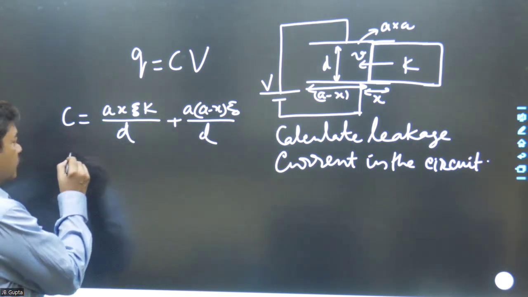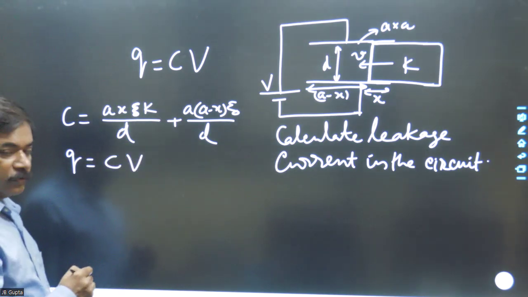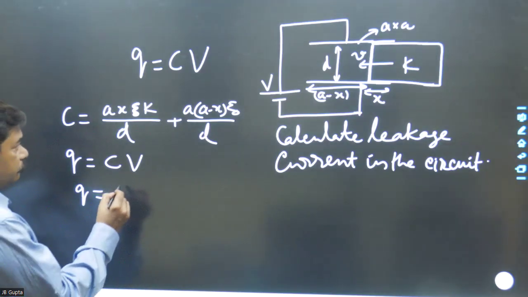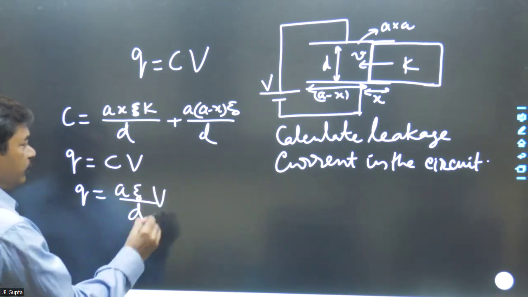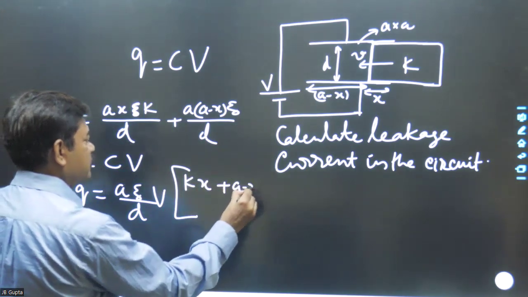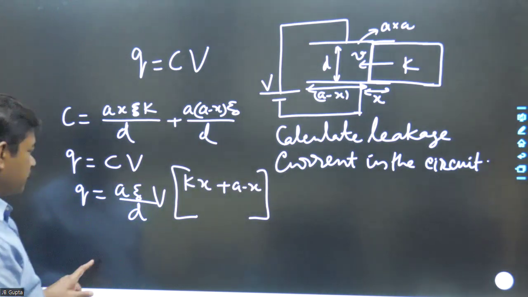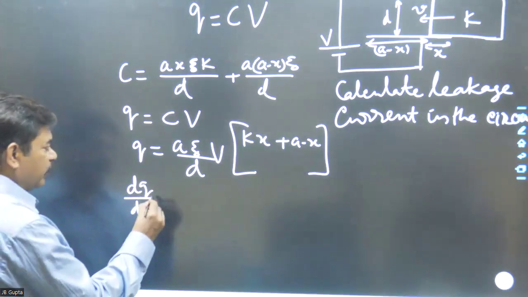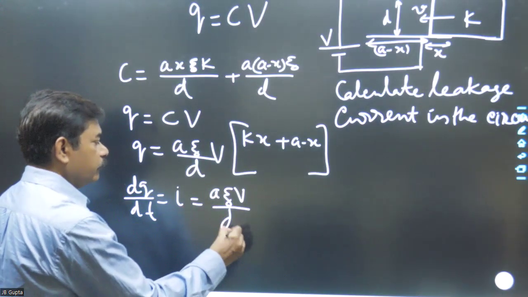The charge Q on the system will be C into V. So charge Q becomes A epsilon naught upon D, which is common, into V, which is also common, into (K x plus A minus x). This is the charge Q. Now see at what rate this charge will vary. The rate dQ by dt is what we call the leakage current, and that equals A epsilon naught V upon D